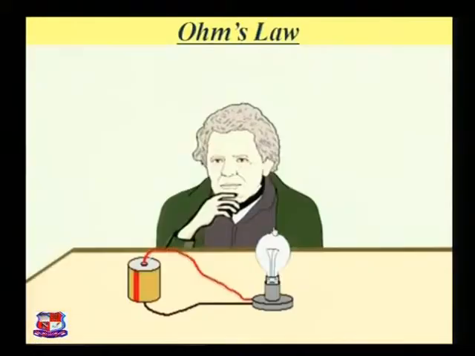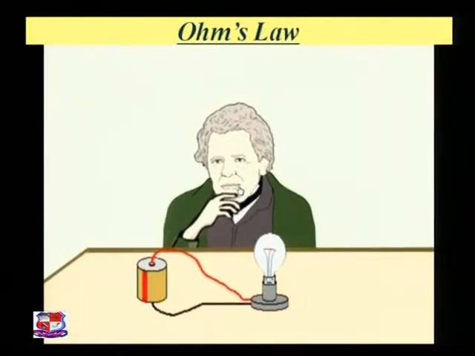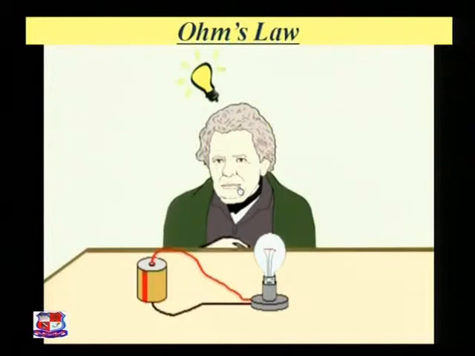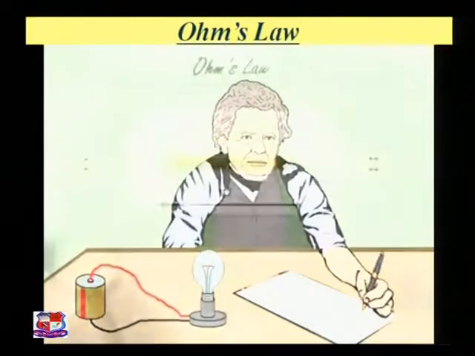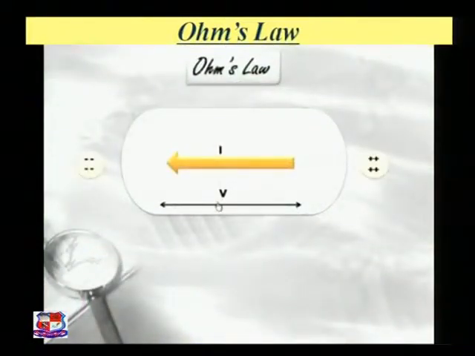So it is very important. This is what exactly Ohm observed. If you connect the wire with the battery and the load resistor, one bulb, then the current can easily flow in the circuit. The current which flows in the circuit is directly proportional to the voltage offered. So we can say that I is proportional to V.